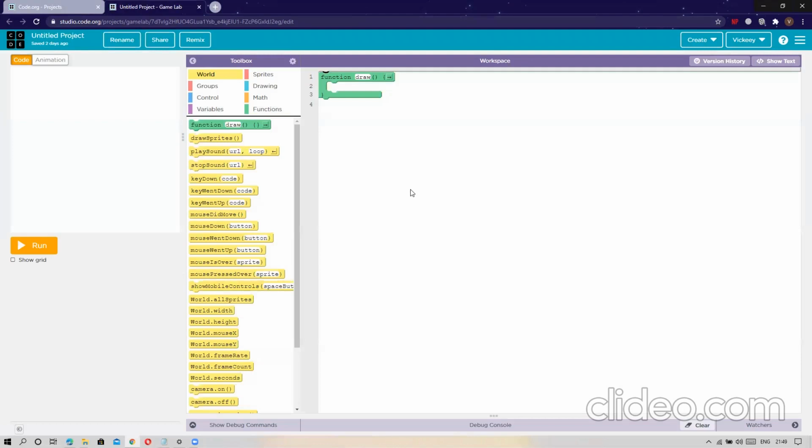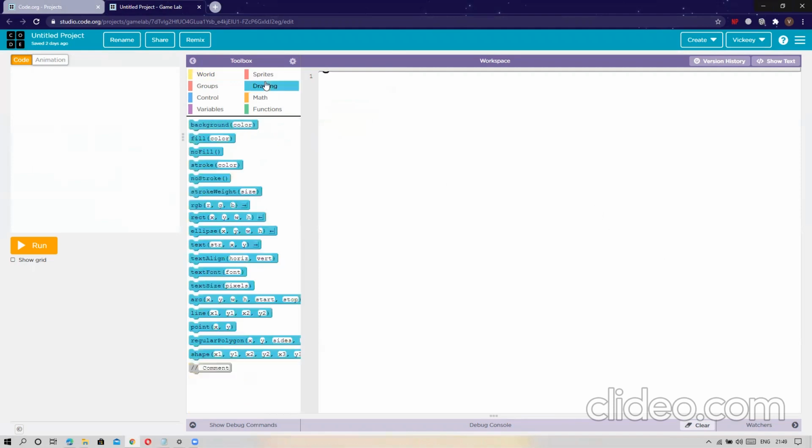After selecting this untitled project, we'll first delete this. Now this is our output screen and this is our input screen. Whatever we give here will be shown over here. The first thing we have to do is go to the drawing and select the text size and this text.